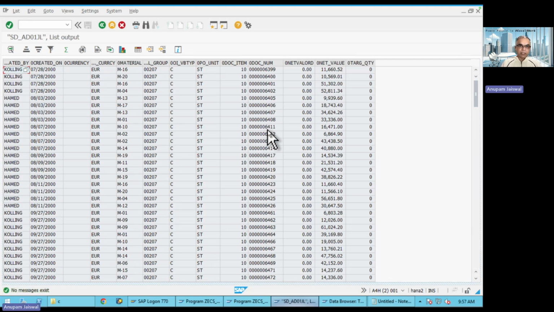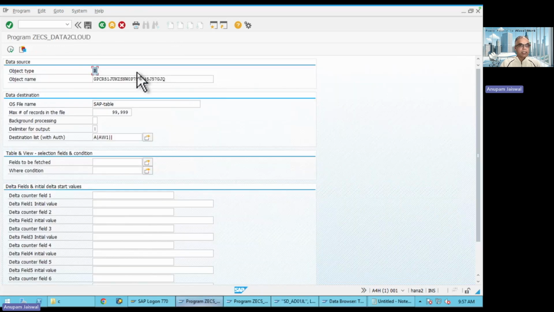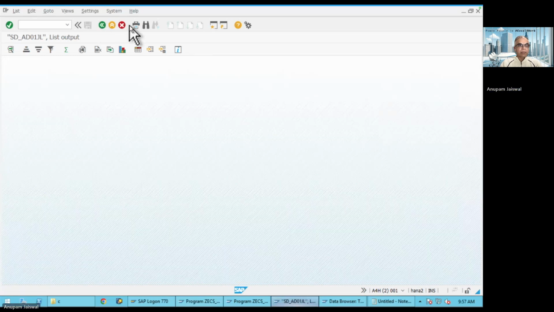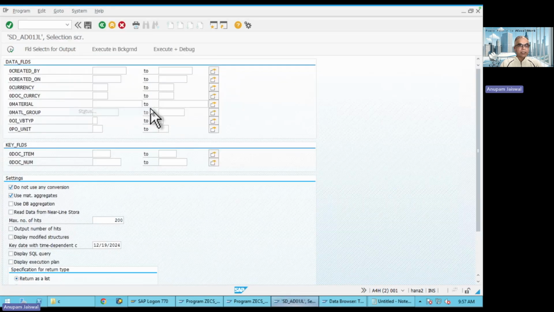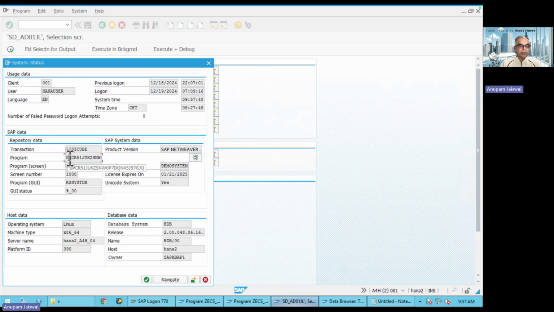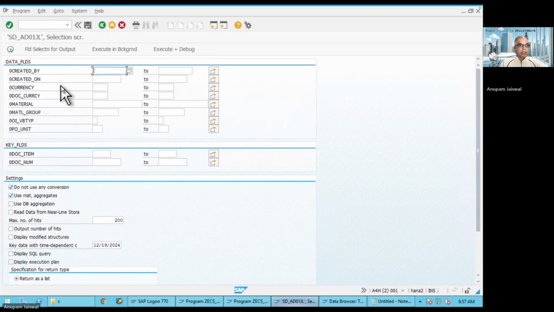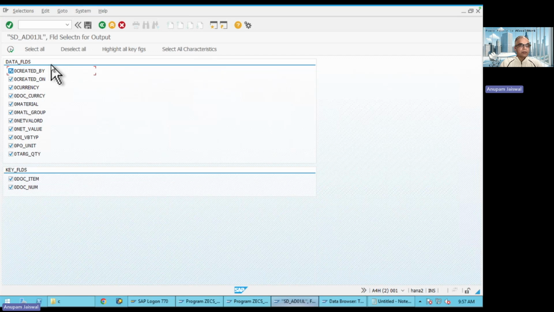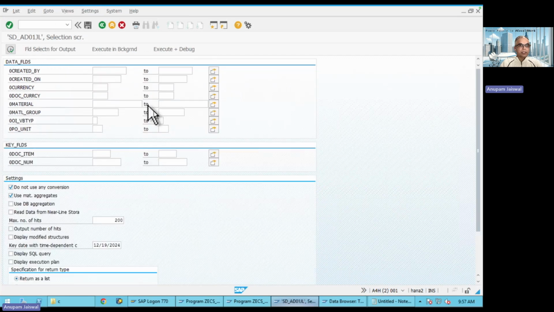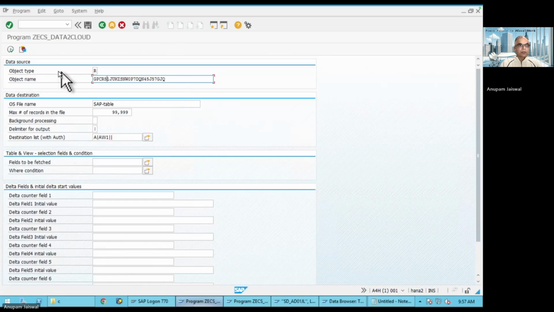Now, a lot of times we're going to get the semantic model out from the BW system as a snapshot. So what we'll do is to run this as object type R, and we should get the object name right from system status, and this is the object name which is there, right? So I'll select all the fields, execute this, and when I execute, using this name,